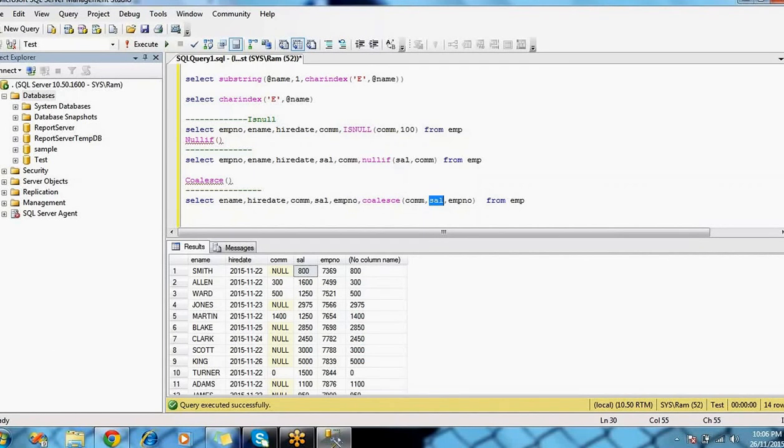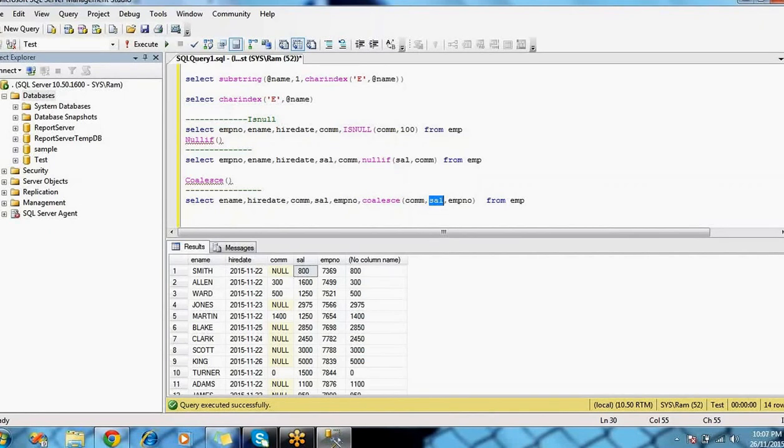If it has a null value, then it will jump into the employee number column. So it will check all the columns until it finds a value in a particular column. If the first column, the commission column, doesn't have a null value and has some numeric value, then it will display that numeric value. It is not jumping into the remaining columns.